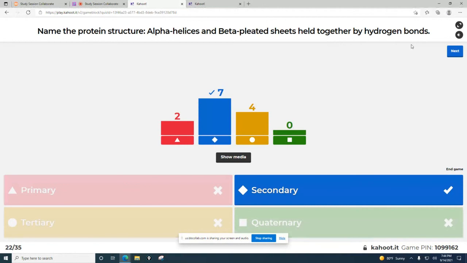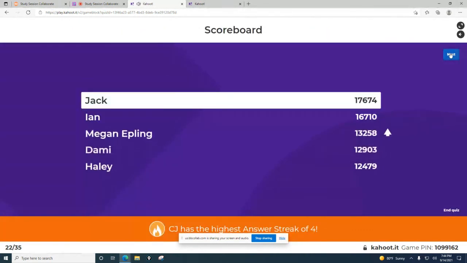Isn't like all mixed up together? Two come together. Right. So not all proteins actually reach the quaternary stage because for quaternary we have multiple proteins that come together and form like a big protein. And those are held together by hydrogen or ionic bonds. And those might just pop up in later questions while we have a rearrangement.